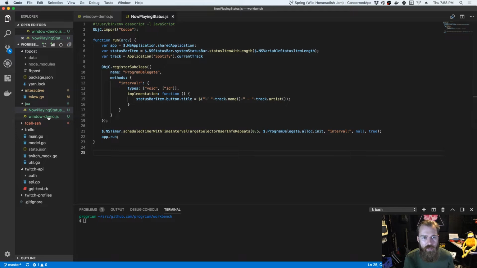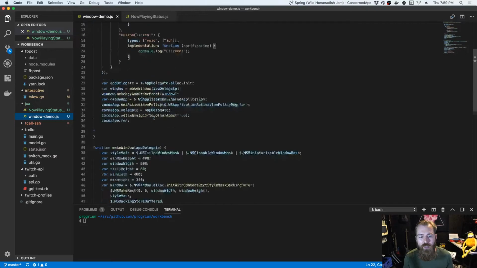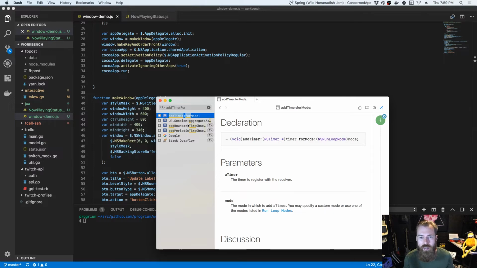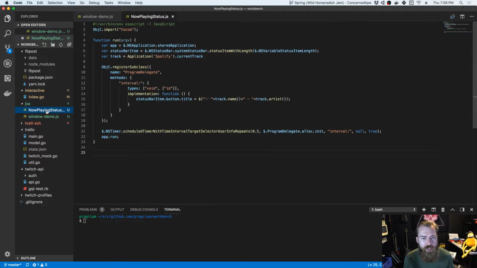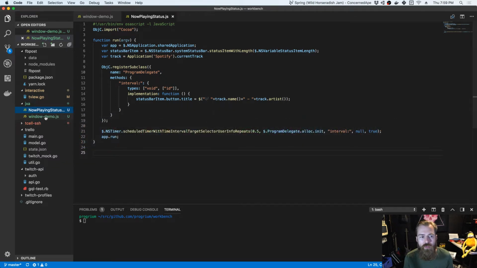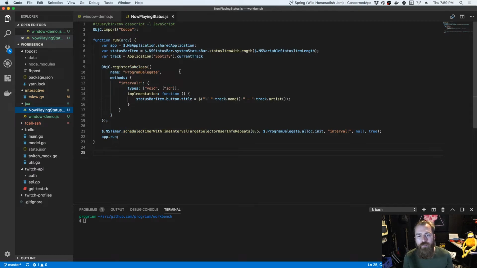I started out, previously we had this demo with the window and a button that updates and all this stuff. So I felt pretty comfortable that given the Cocoa APIs, I'd be able to put this together. So I started out just doing an application that shows a menu, and then changing it so that it doesn't show up in the dock, which is really just making it not do certain activation policies. So it's actually simplifying it, and then eventually got to the status bar API, which I ended up not having